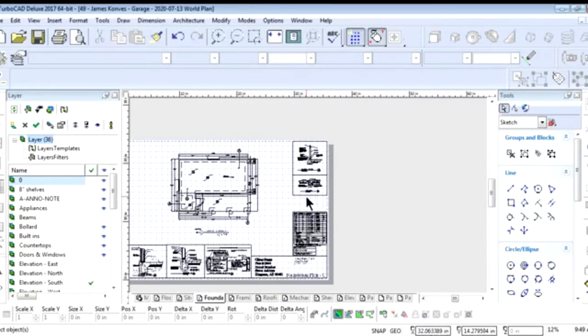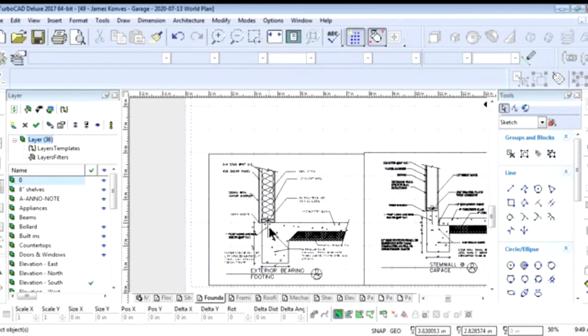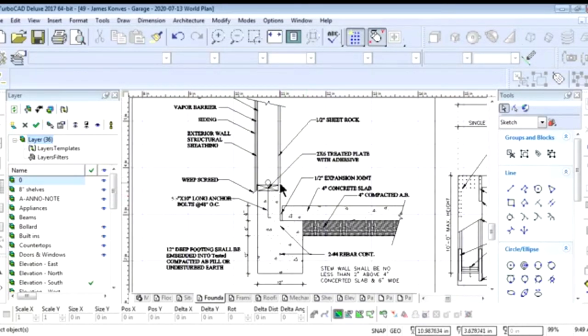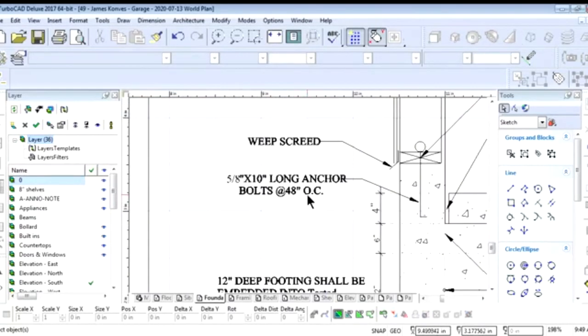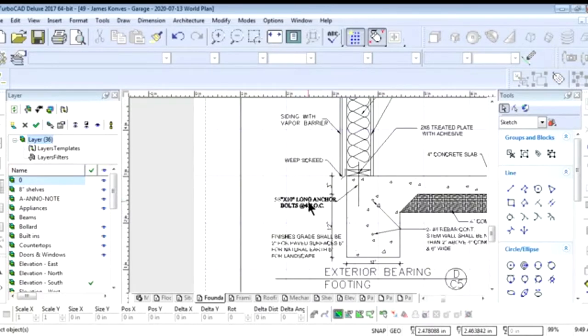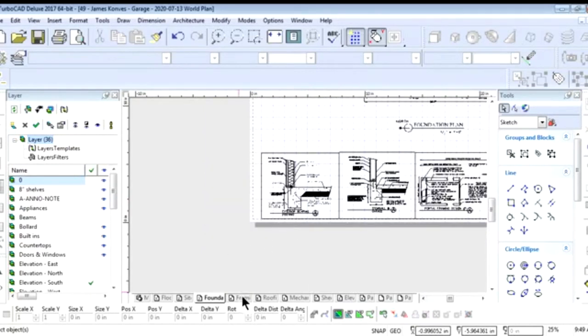And then these are the details for the wall side of the storage area and the stem wall portion of the garage area. Now you'll notice that some of these things, like right here, are consistent throughout the plan. So I've got to make sure that these bolt sizes are the same and these differences are the same, because you'll see them there, you'll see them here, and then you'll also see them on the framing plan